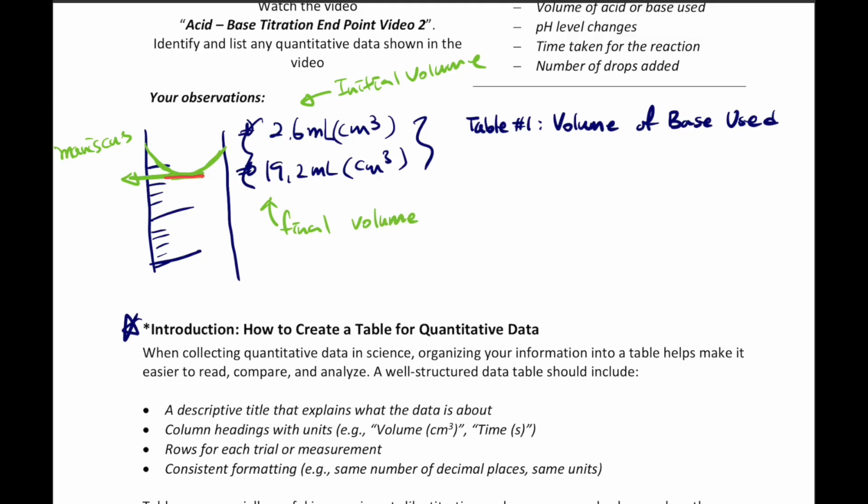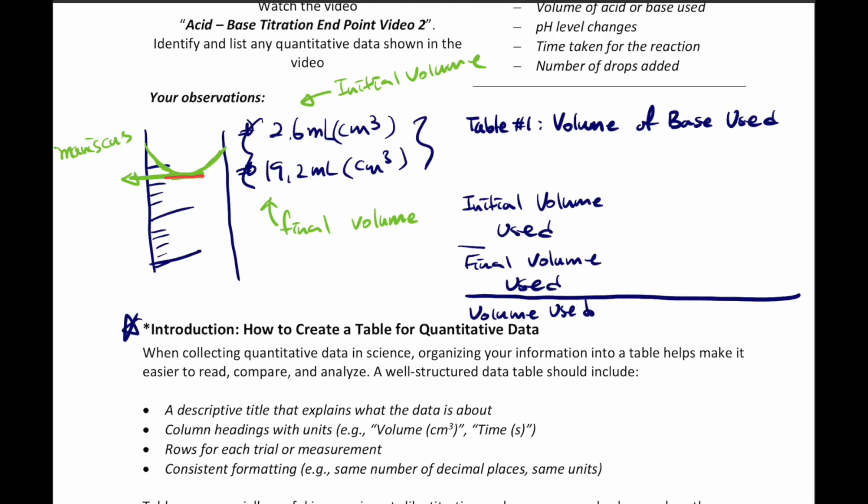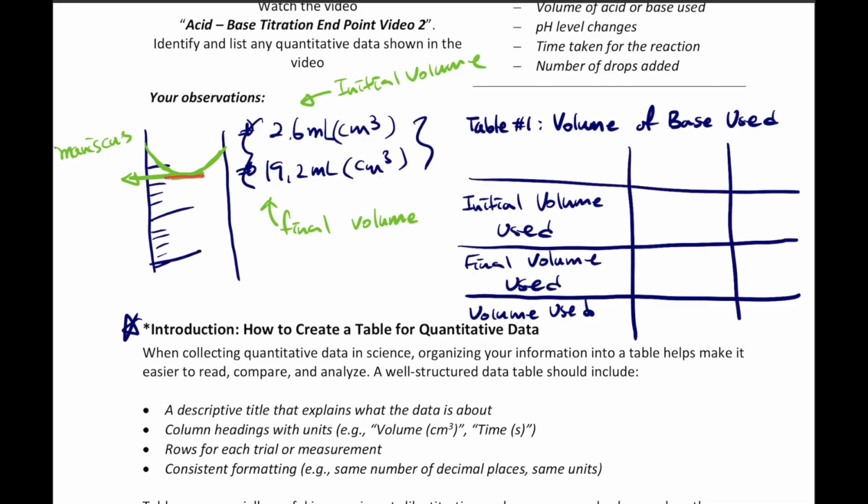So what you can do is we can write initial volume used, and then final volume used, and we can also write volume used. Okay, and then we're going to create the columns and the rows like this, and then we do know that